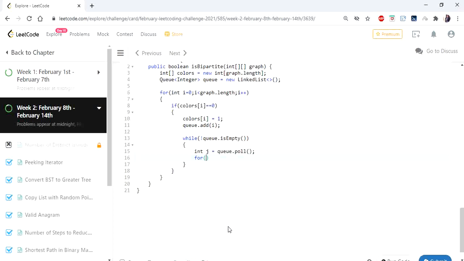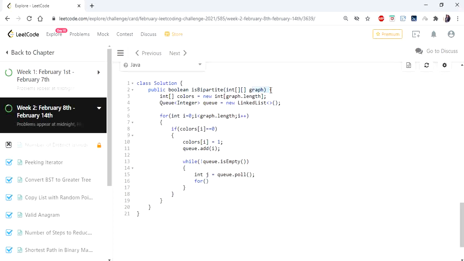So our input graph is going to hold the neighbors of each node. Int neighbors of j. So for each neighbor, I'm going to check if the color is 0, if it is not colored already.